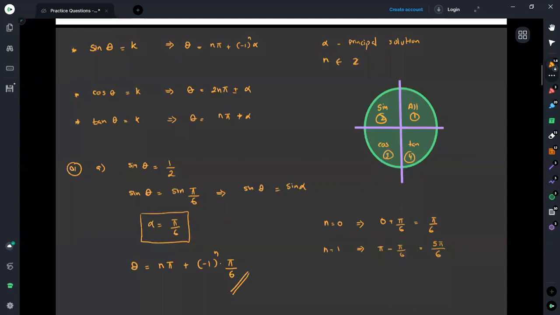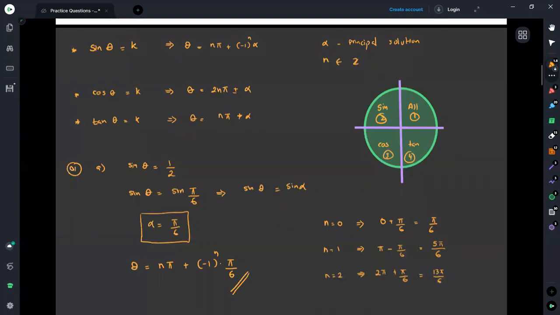If you again substitute, instead of theta, 5 times 5π/6, again you will get the value as half. Now you can see that this 5 times 5π/6 is again in the second quadrant. And if you substitute n equals 2, then we can take it as 2π, minus 1 to the power 2, n equals 2, this would become plus 5π/6. Altogether we are getting this as 13 times 5π/6. Again we are getting the angle in the first quadrant.